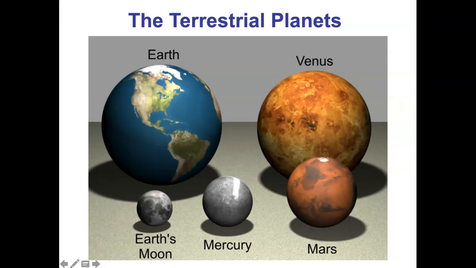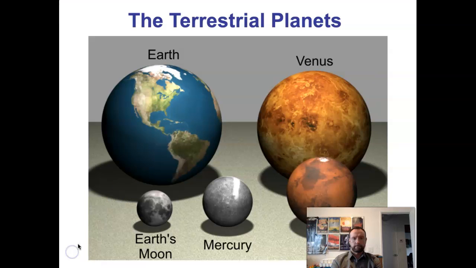When you look at the terrestrial planets, what do the terrestrial planets have in common, right? When you look at the 4 terrestrial planets, Mercury, Venus, Earth, Mars,